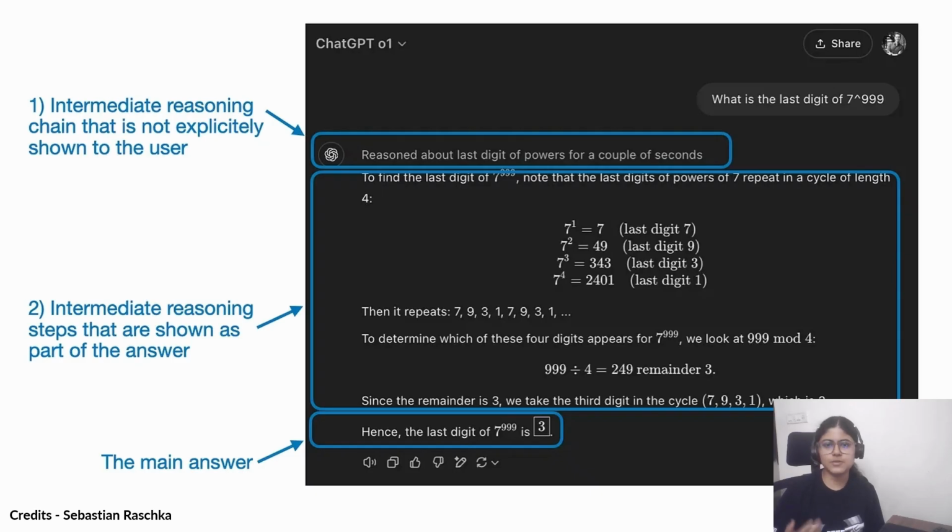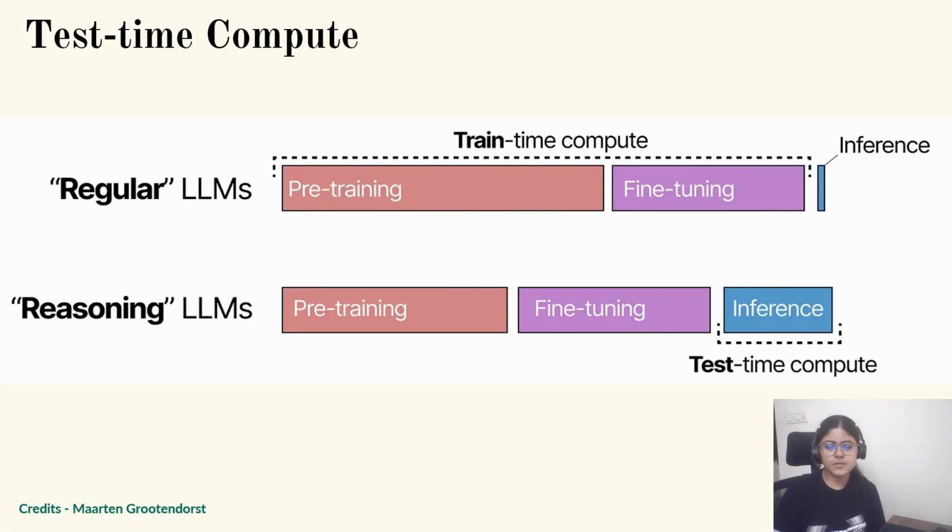So essentially, if you have now tried out these deep research models, this is what they do. And there are two ways to go about it. Either it shows you the intermediate steps it used to come to the final answer, or it could be that it chooses not to show you and just arrives at the final answer, but the intermediate steps are still there.